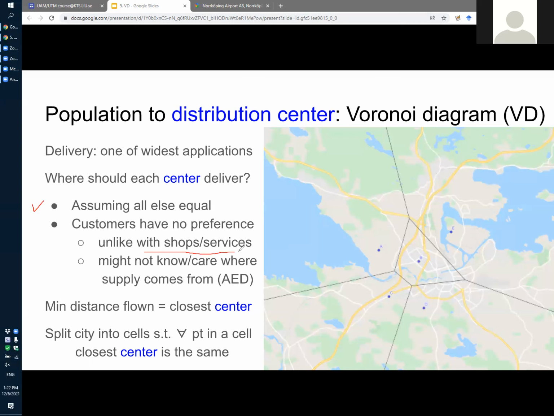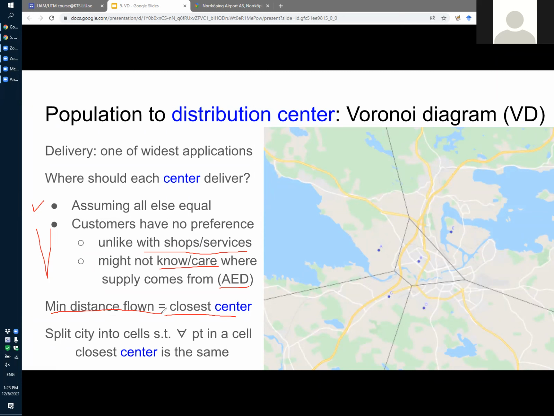So it's not like we go into different shops, or different hairdressers or other services where we care about many things except for location. It could be that with the service centers, we don't even really care from where our supply comes. It can be something very common, like food items, or some medical devices like defibrillators, where the last thing the customers think about is from which distribution center the device is coming. All they care about is that it comes as fast as possible, from the closest center,